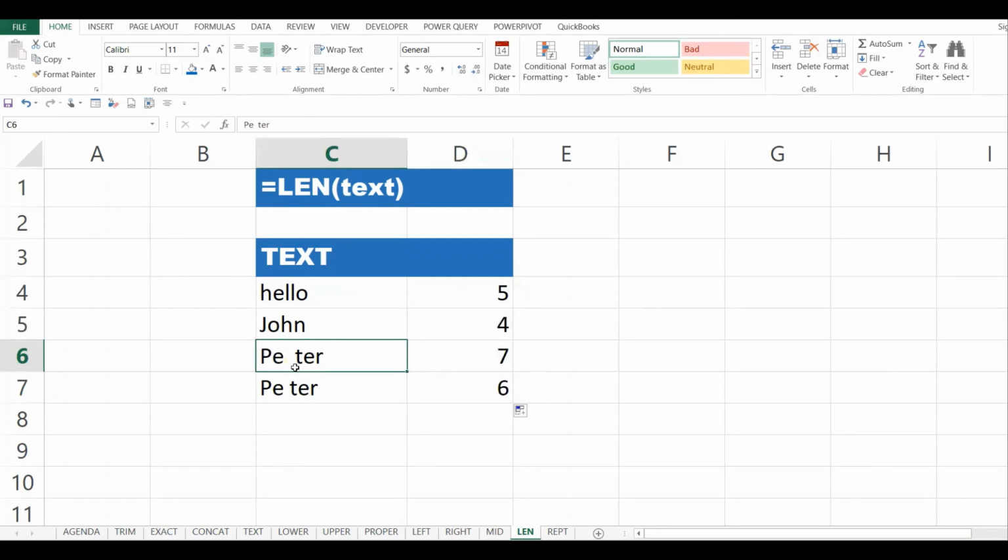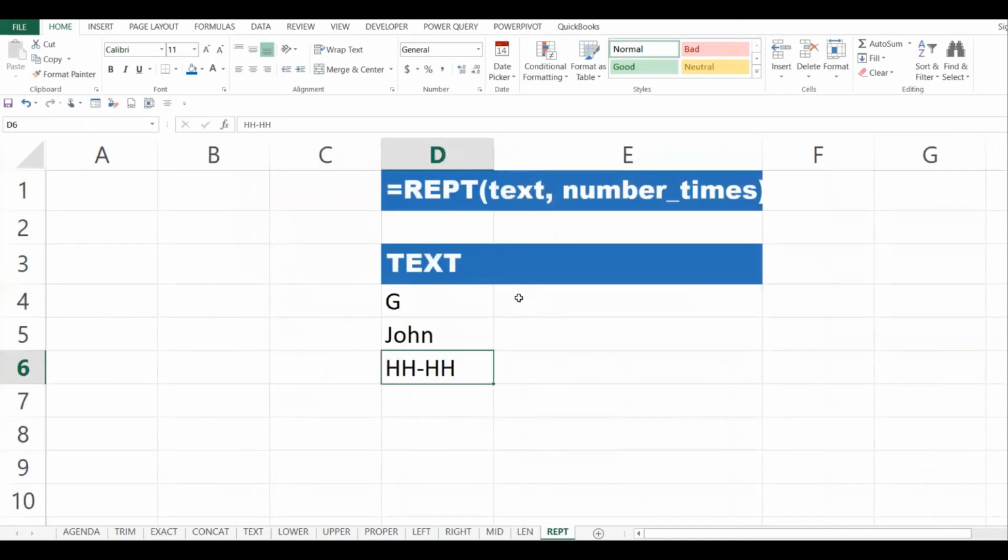It is also important to note that space is also counted. Like here, I have 2 spaces. So it is counting 1, 2, plus the 2 spaces, 3, 4, 5, 6, 7. So it returns 7. In this other one, I have 1 space. So it is counting 1, 2, 3, 4, 5, 6. So it returns 6.